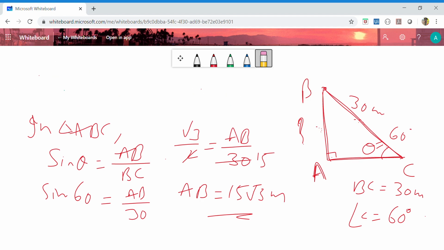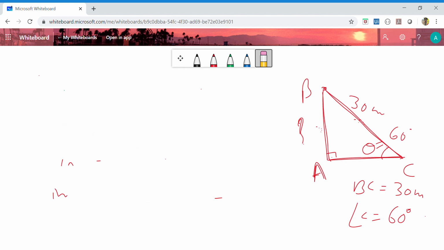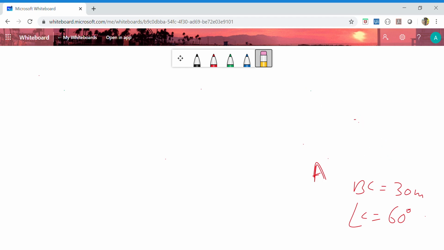Angle of elevation and angle of depression you must know clearly so that you can draw the triangle in a proper way. If the triangle is drawn properly and the measurements are kept correct, then automatically you will get the correct answer.